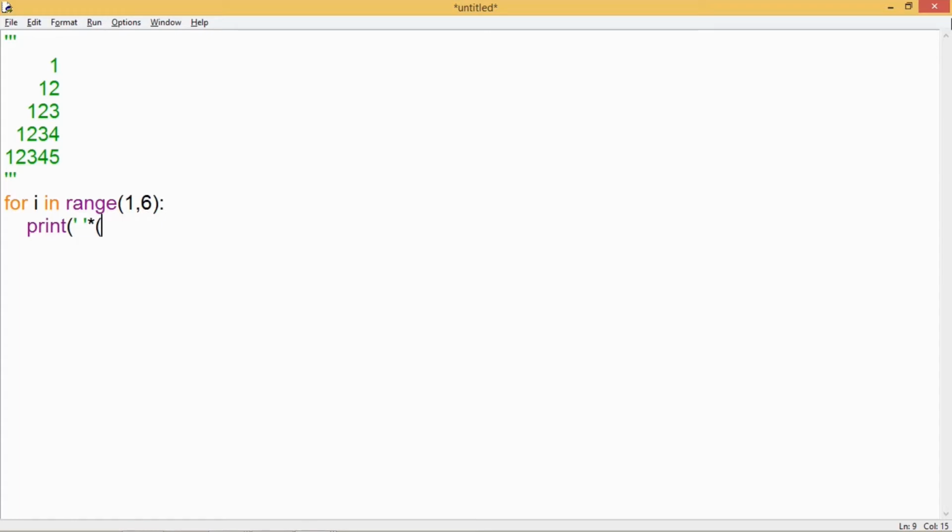Now to get those numbers, you first have to observe how spaces are printed. In the first line, there are more spaces, and then in the next line, the spaces are decreasing, and they keep on decreasing as rows are increasing.